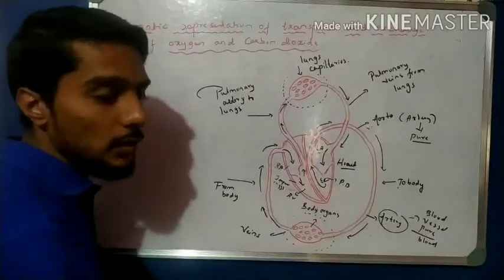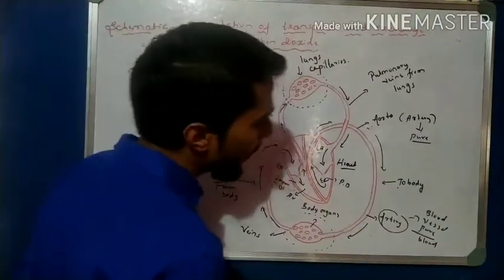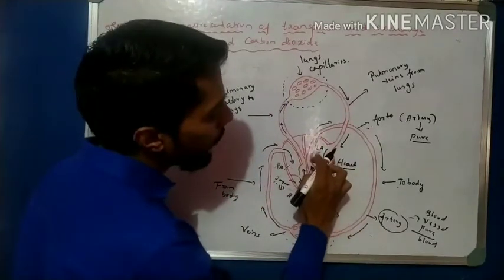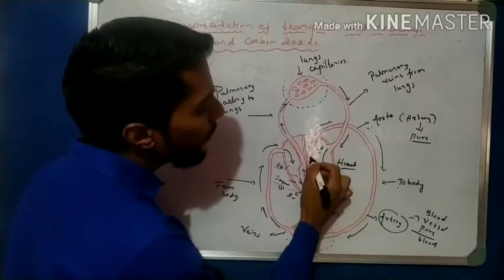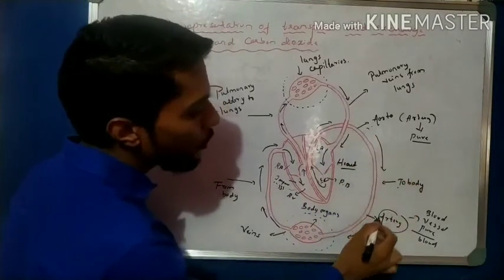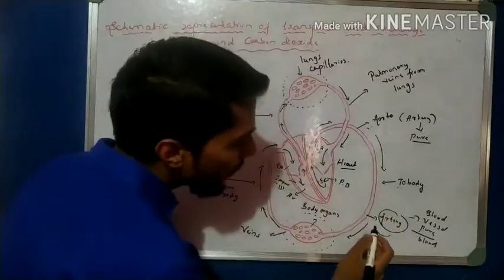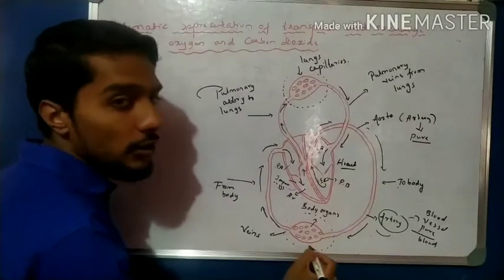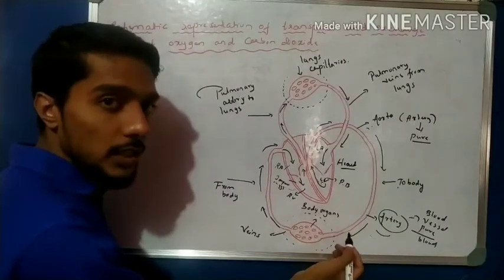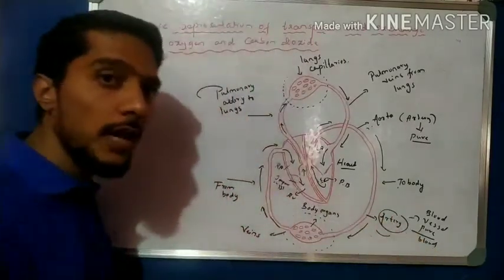Okay, so the next concept we are taking up is arteries. See how the pure blood goes from the left atrium to the left ventricle, then to the aorta, then to the body parts through the arteries. When oxygenated blood reaches the body parts, it becomes deoxygenated there. Oxygen is used by the cells for the production of energy for the life processes.